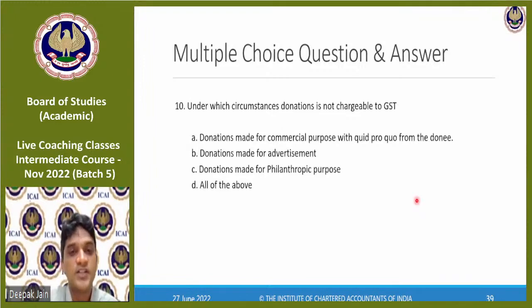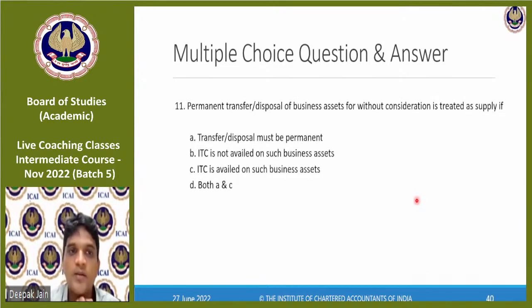Donation made for commercial purpose with quid pro quo is liable to GST. Donation made for advertisement is liable to GST. Donation made for philanthropic purpose, which means it's a genuine purpose, then it is not liable to GST. So answer is C. Permanent transfer or disposal of business assets without consideration is treated as supply if this